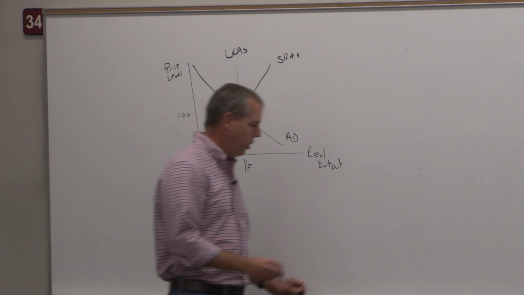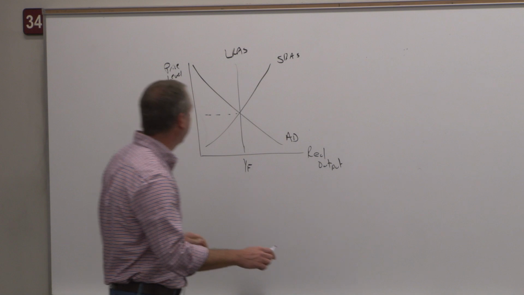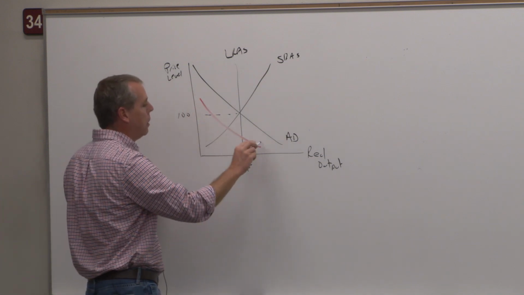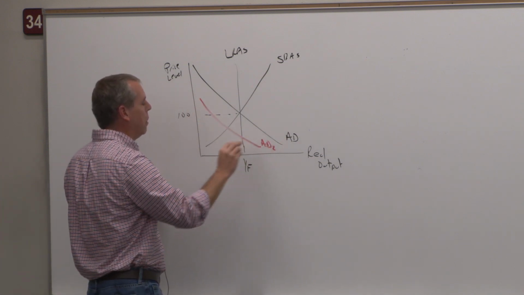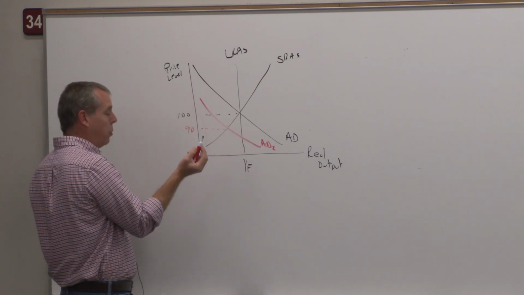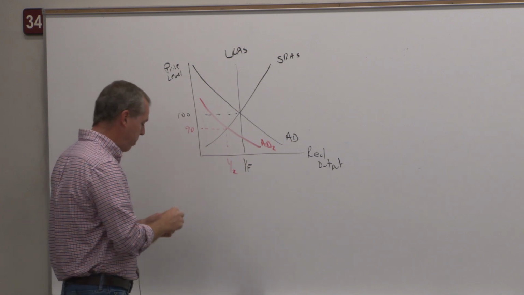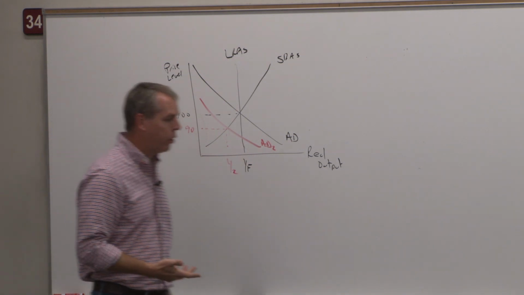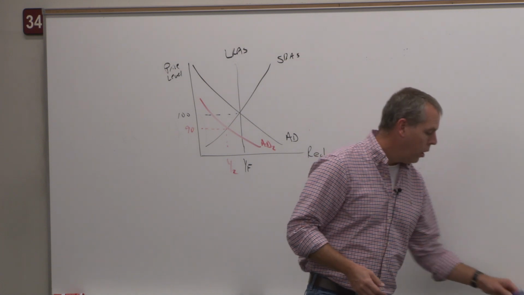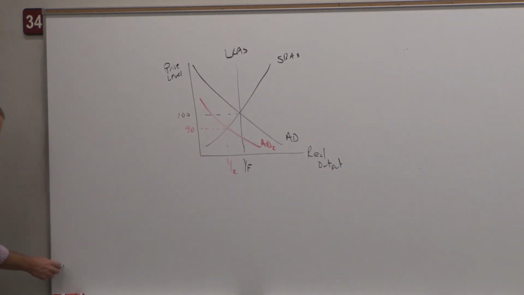And what we had in the 30s, we had a decline in aggregate demand. All right. And so we should have seen a decrease in prices, which is exactly what we saw. We should have seen a decrease in output, which is exactly what we saw, and an increase in unemployment. Only the problem was, and for a variety of reasons that we understand now that we did not understand at the time,